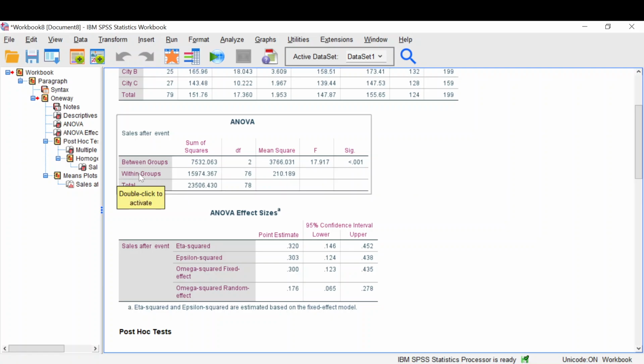Within groups is saying if there's any differences within each city overall relative to one another. So our research question will guide which of the two rows we look at. In our case, we want to know how the three cities compared, and therefore we're going to choose between groups